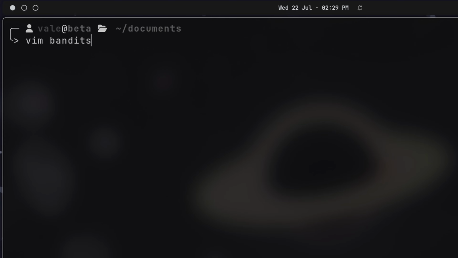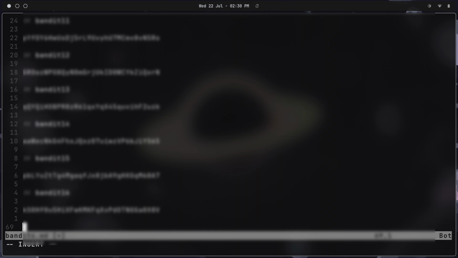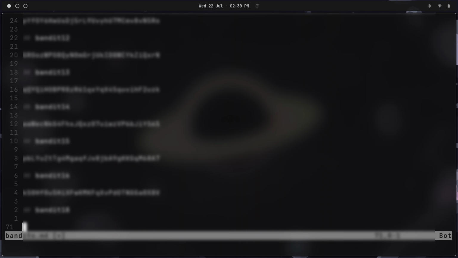Let's edit the bandits.md file and let's go to the end and add the new user, bandit18, and paste the